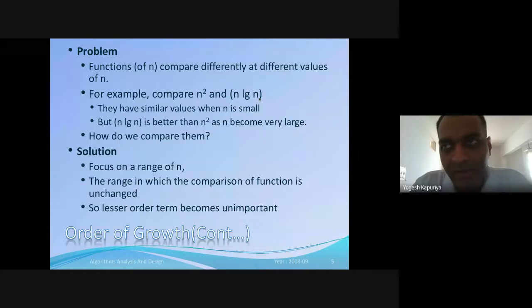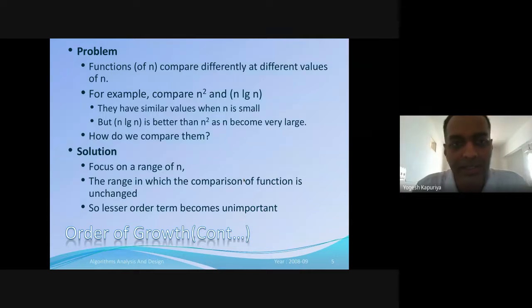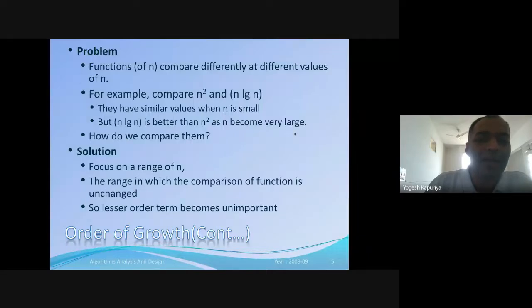Now let us say your value of n is 1. So n square is 1. Again, n log n to the base 2, 1 into log 1 to the base 2, obviously it is less than 1. So the n log n component will be less than the other one. But when your n becomes very large, then this becomes smaller and smaller. So the second component will be much less than the first component.